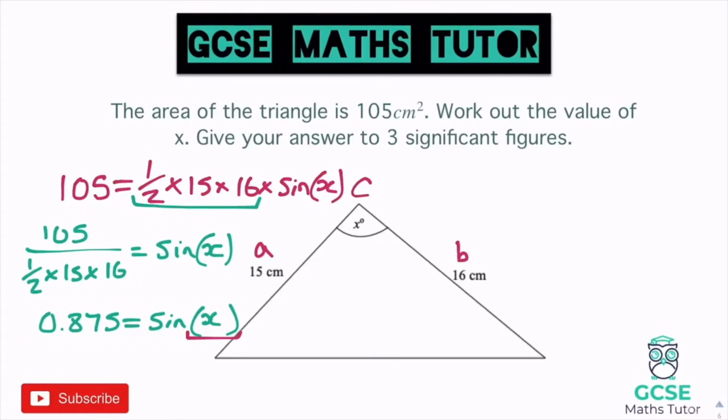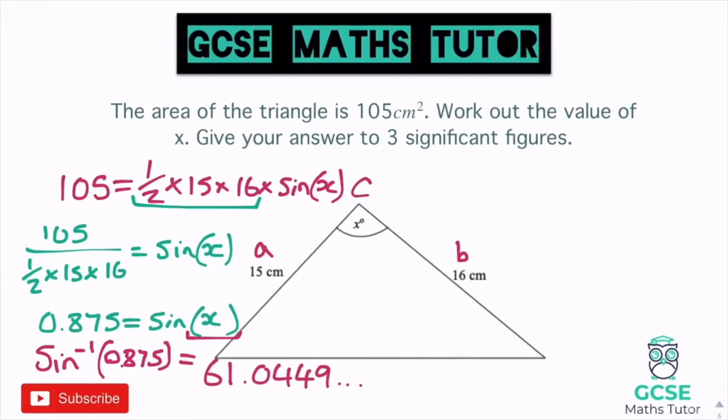So I'm going to leave that 0.875 on the calculator. Again, it's not too difficult to type that in, but I'm just going to leave it in because it could be a nasty one. I'm going to do shift sine, which brings up my sine minus 1, my inverse of sine. And I'm going to press the answer button, which holds 0.875. So I want to know what angle gives me that value for sine. So if I type that in, shift sine, answer, and close my bracket, here we go, I'll get my degrees here, which is